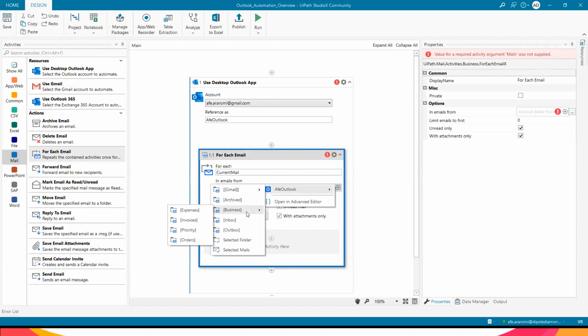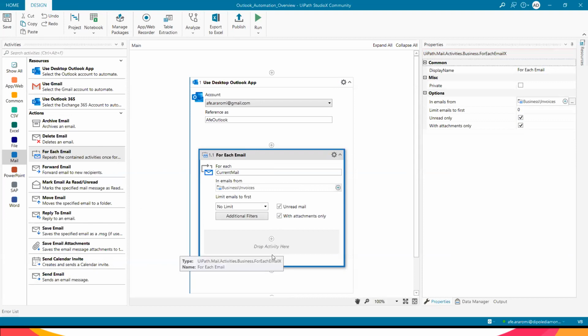Now, I want the bot to consider only the unread mails that have attachments inside the invoices folder. So I'm going to select that. Now, this is going to pick out all those mails. And the next thing I want to do is to download or save those attachments. So if you look at our list of actions here, you can see save email attachments. If I drag that in,